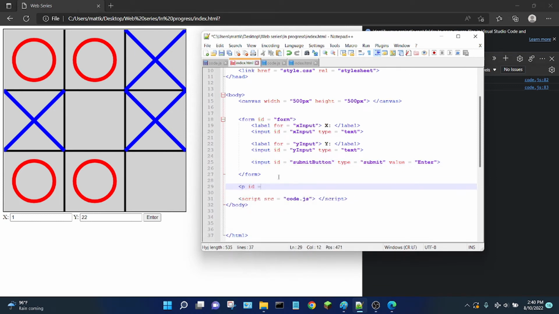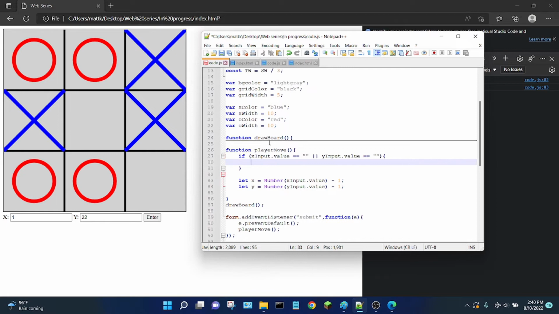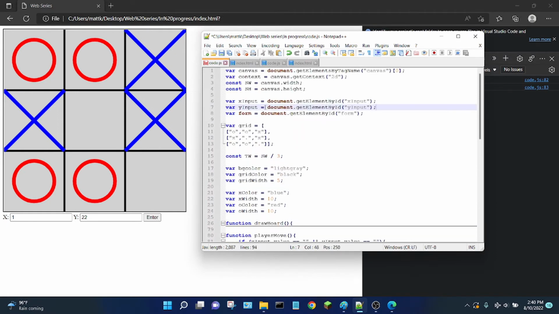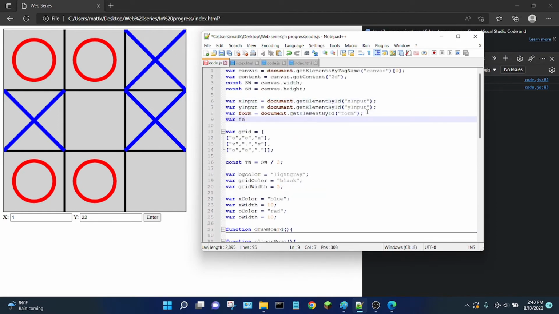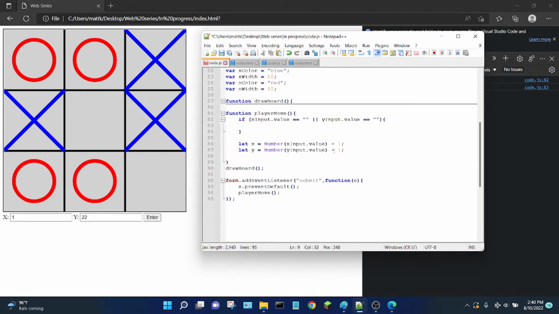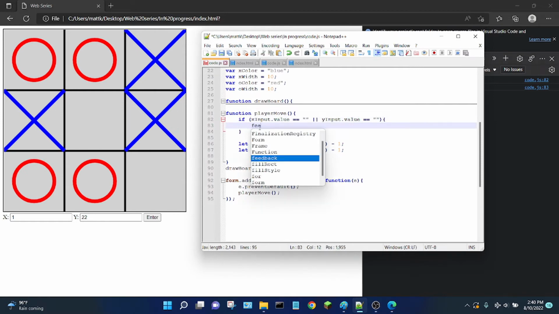P ID equals feedback, /p. And what we're going to do is set the inner HTML to have a message in case they do something wrong. So in this case, let's grab that paragraph tag. Var feedback is equal to document.getElementById feedback. And I can say that if they did not enter in an X or a Y value, then I'll say